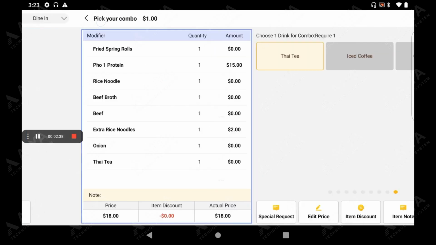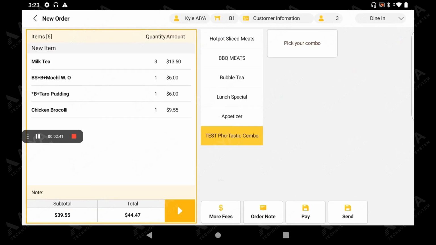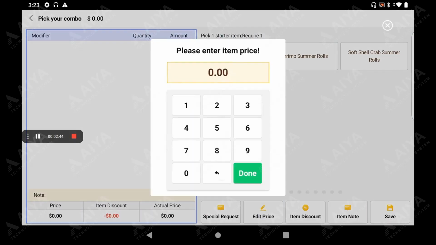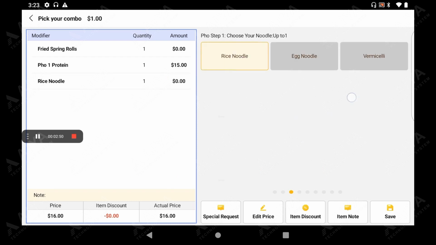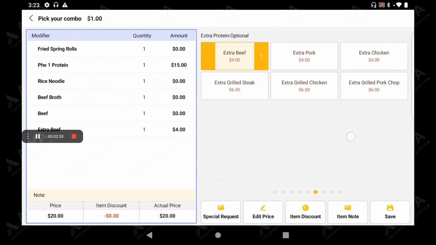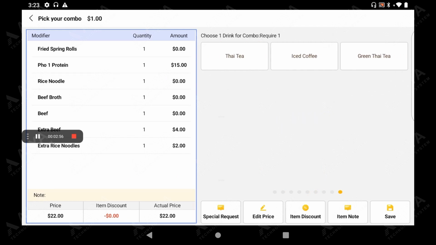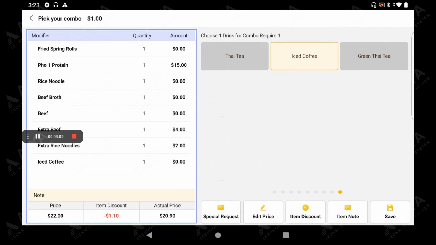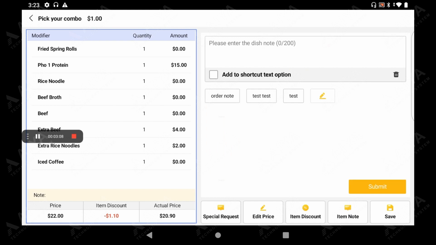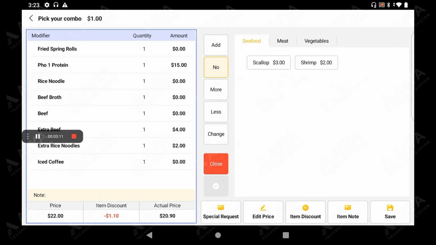So we can see on the top left, the price updated from 0 to 1. From here, I can also apply an item discount. You can add item notes, or also add special requests. Say more shrimp, select. You can see that it is updated. Now we can save